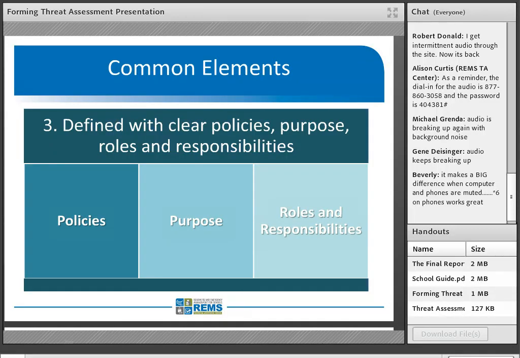Thank you, sir. The threat assessment will be more effective if it's supported with clear policies, goals, roles, and responsibilities from the district and/or school. Policies can cover many aspects of reporting a threat: the threat assessment team's authority to conduct an inquiry, the threshold of concern for starting an inquiry into a threat, and gathering and